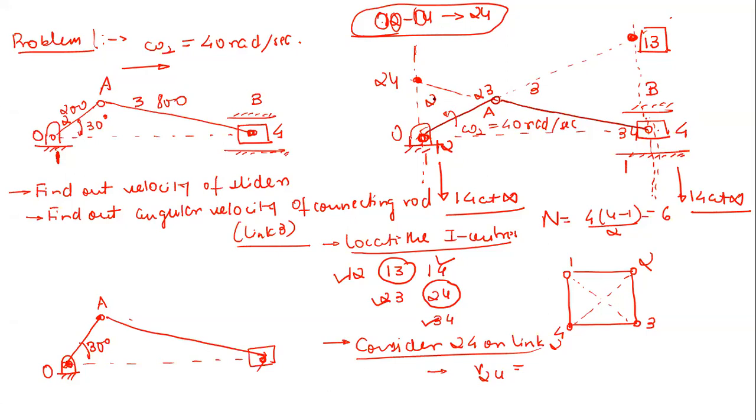So V24 will be simply omega 2 multiplied by the radius, and the radius is simply 1 2 2 4. So this is 40 multiplied by, now you take your scale, put it on your answer sheet where you have drawn this configuration diagram, measure this length, and put this length here. So now,